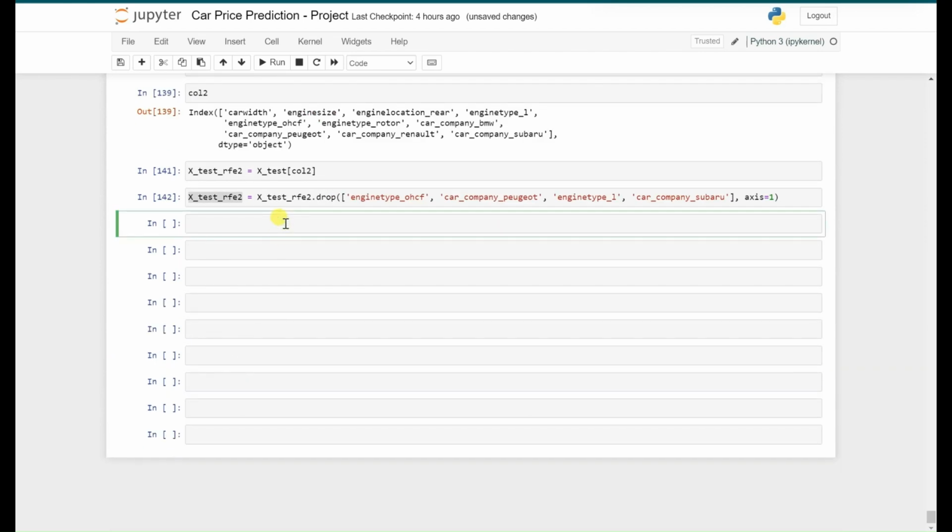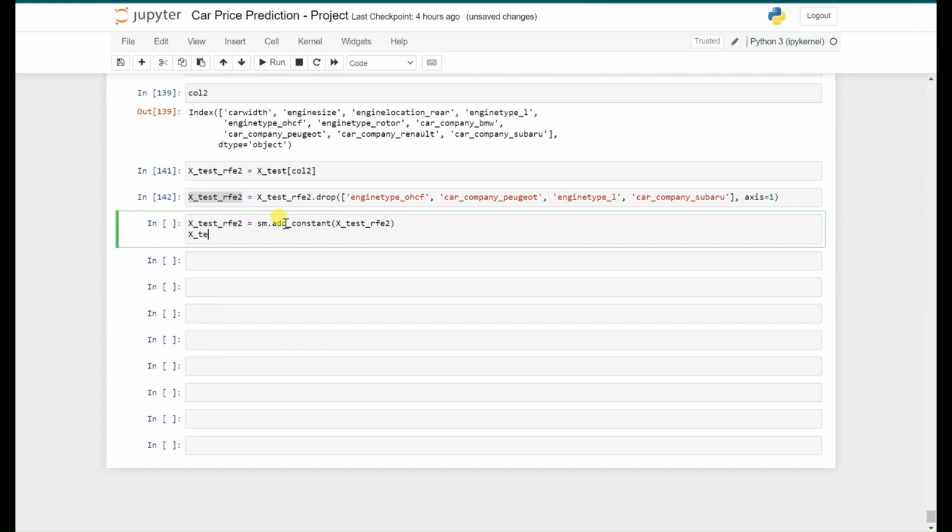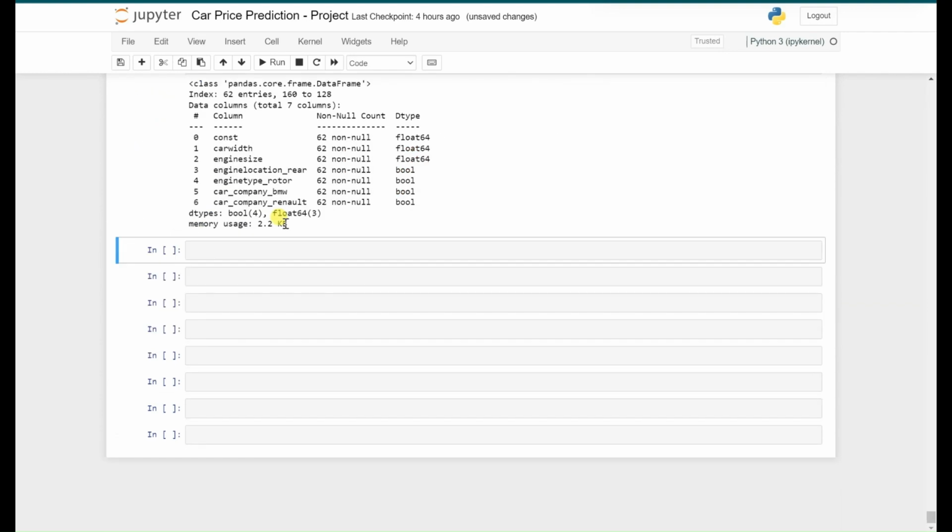Now let's add a constant. So X_test_rfe2 equal to sm.add_constant(X_test_rfe2). Let's see the information about this data frame. So we have float and boolean values. So again,